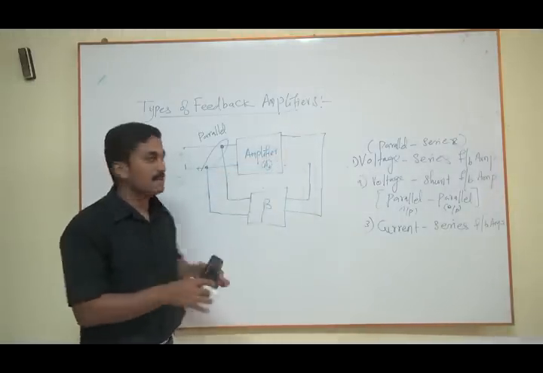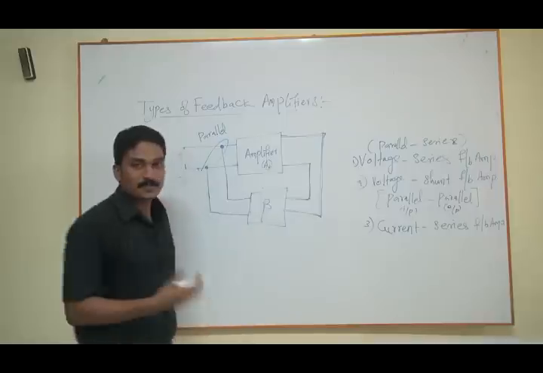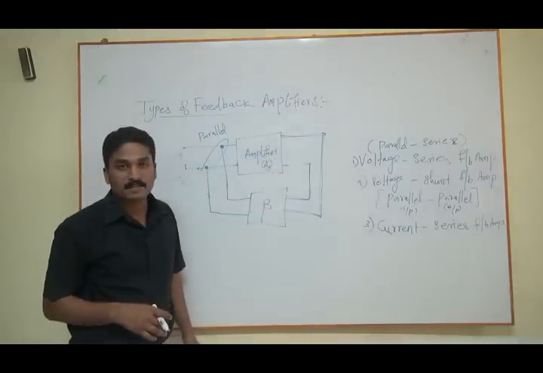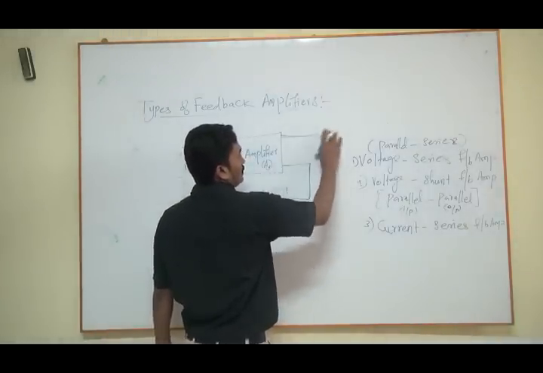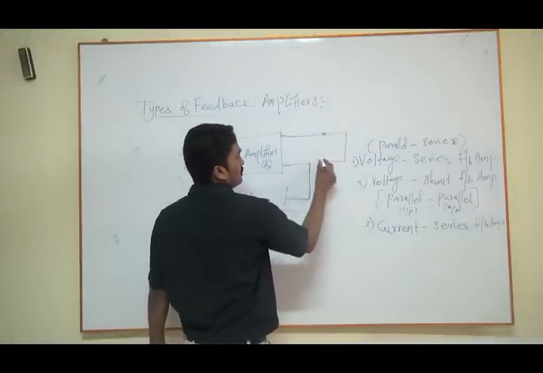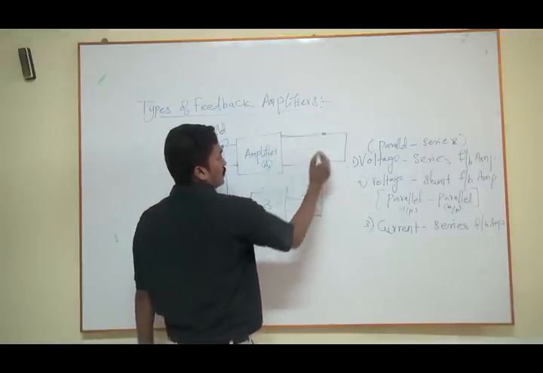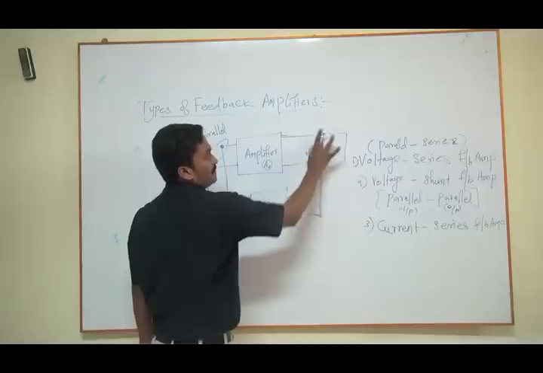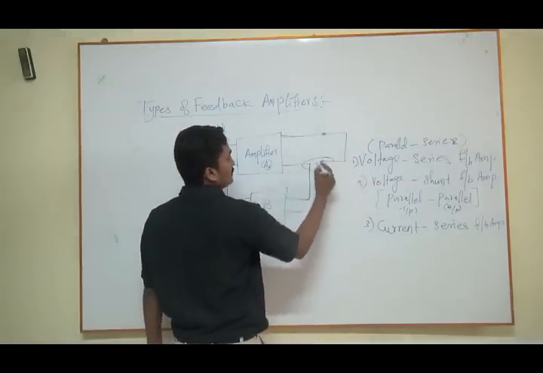So I simply make a connection like this, which means the current is directly flowing through the feedback network beta, which means this is actually a series connection, right? You can draw like this or you can draw your series connection like this. Both are the same, right? Instead of drawing like this, I have just extended the line, that's all. Clear? So output side series means